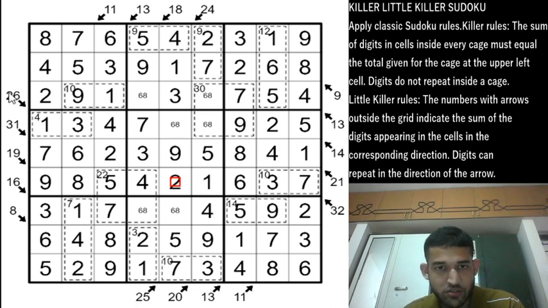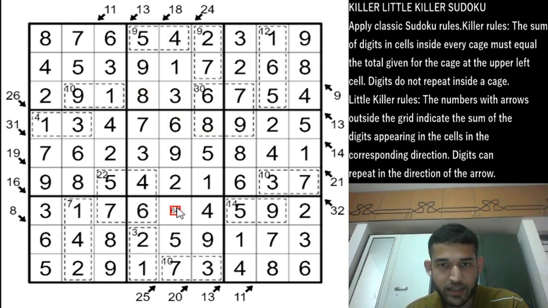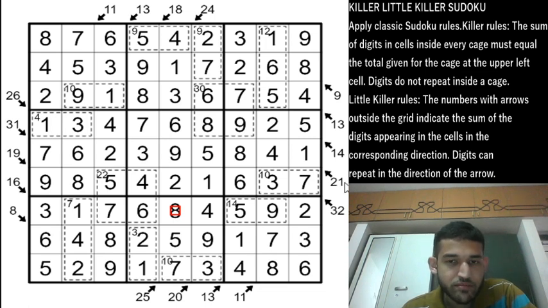Now we can use this clue to finish off this Sudoku, I think. 1 plus 5 plus 6 along that direction add up to 12, and 3 plus 5 add up to 8, so 12 plus 8 is 20. Now for the 26 to be satisfied, this cell will have to be a 6. That forces a 6 here, a 6 here, 8 here, 8 here, and an 8 here. And that finishes this rather challenging Sudoku, where even the top solvers, it is understood, took more than 10 minutes.